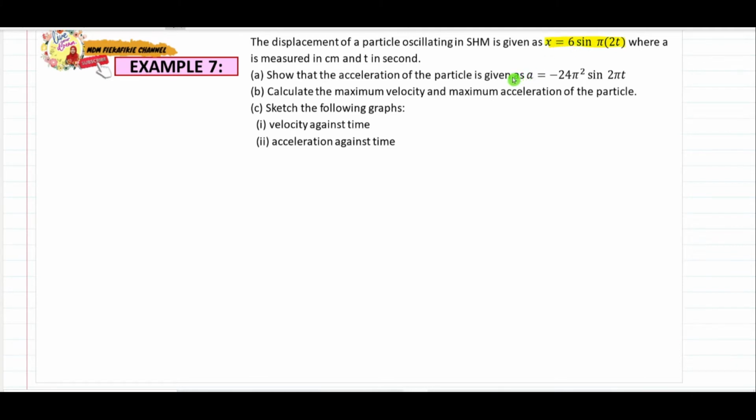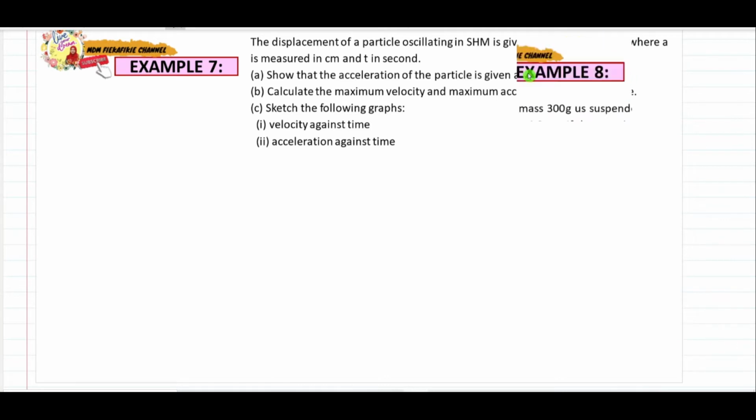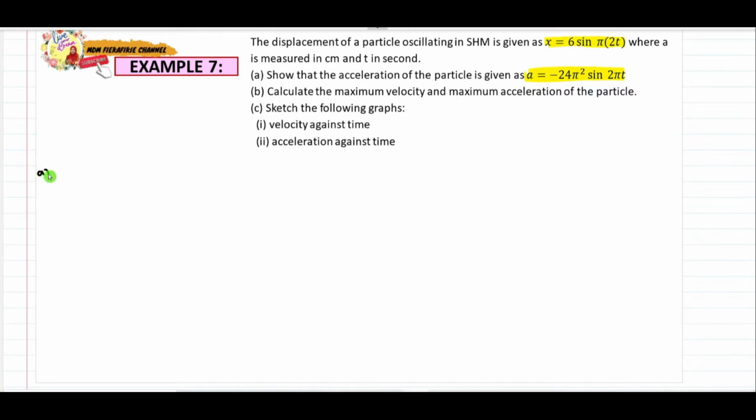Okay, so given that the equation is x equal to 6 sin pi t, where x is measured in centimeter and t in second. Show that the acceleration of the particle is given by, so this is the equation of the particle, okay, so the equation of acceleration in terms of t. Dia suruh kita show lah, okay, so senang saja kan. So given that x equal to 6 sin, cumanya kat sini dia ada pi dekat luar ni, masukkan ke dalam,